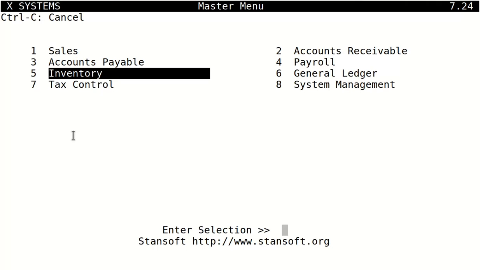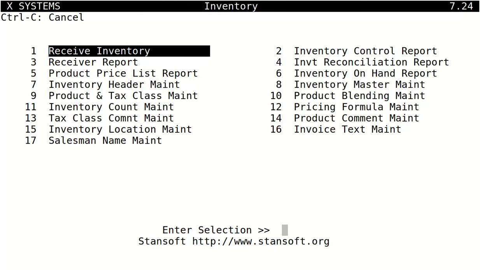Today we'll show you how to enter an inventory receiver from a supplier into Stansoft. A receiver needs to be entered anytime you need to track your inventory. So from the master menu, we'll go into Inventory, Receive Inventory,